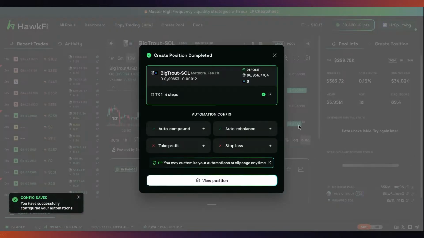Okay, and let me note down something first. I like to take notes whenever I LP. Okay, so